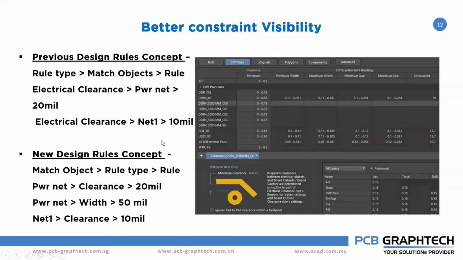So next one is about your design rule improvements. In the design rules in the previous version, first you have to set the rule type. It's very important. Based on the rule type, then you have to set the design object you're going to set the rule on. For example, if you are choosing width rule, then you have to select the nets for applying the width rule. This is in the previous version.